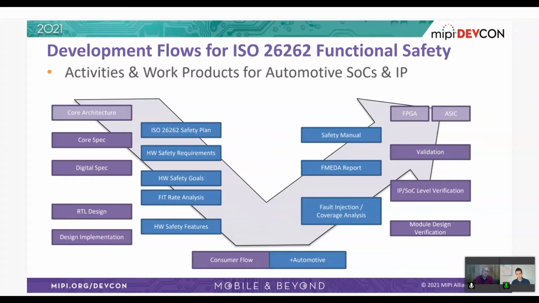And when we move to the verification, one important requirement of functional safety is that you need to perform fault injection. You need to go through this exercise and analyze the design and make that safety assessment. The output is the FMEDA report, that is an assessment of safety to make sure that the design is able to meet the target safety levels, typically described as ASIL B, C, or D.